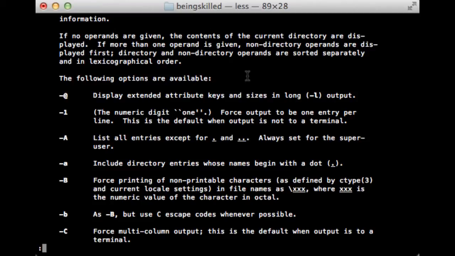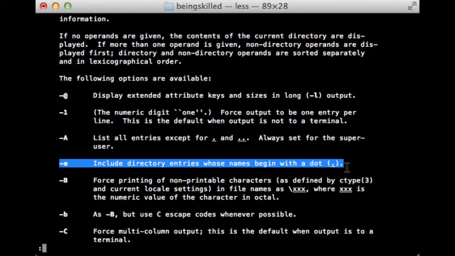For that we'll be using -a, because -a says include directory entries whose name begins with a dot, and any file which is prefixed by a dot will be a hidden file. It won't be visible when we are just typing ls.